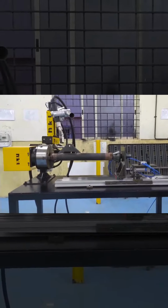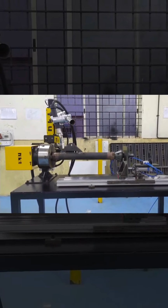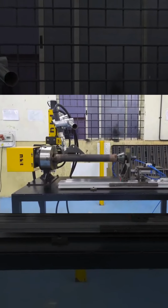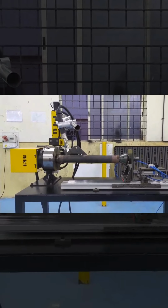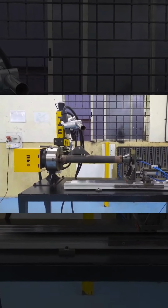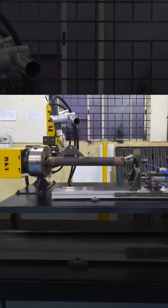Today, we're diving into the intricate world of hydraulic cylinder bracket welding. Here, our advanced robotic systems take over, ensuring each weld is flawless and consistent. Watch as our welding torch moves with pinpoint accuracy, laying down perfect beads every time. This level of precision not only improves the quality but also boosts productivity, making sure each hydraulic cylinder bracket is